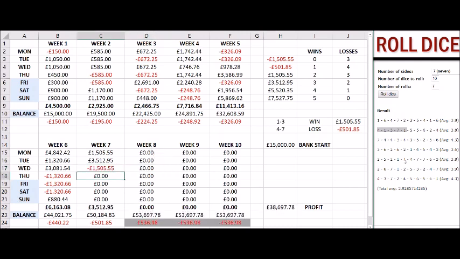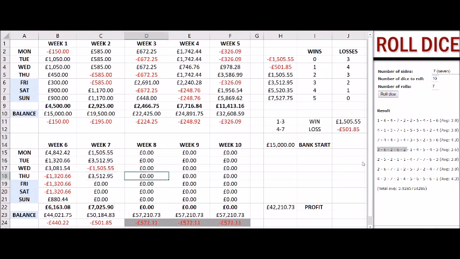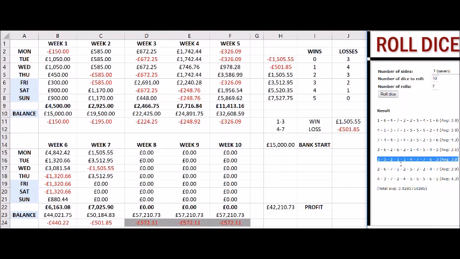Then we move on to Thursday. 3 wins, 3512.95. Then we move on to Friday. So Friday we had 4 wins. So that's 5,520.35. Take 501.85 equals